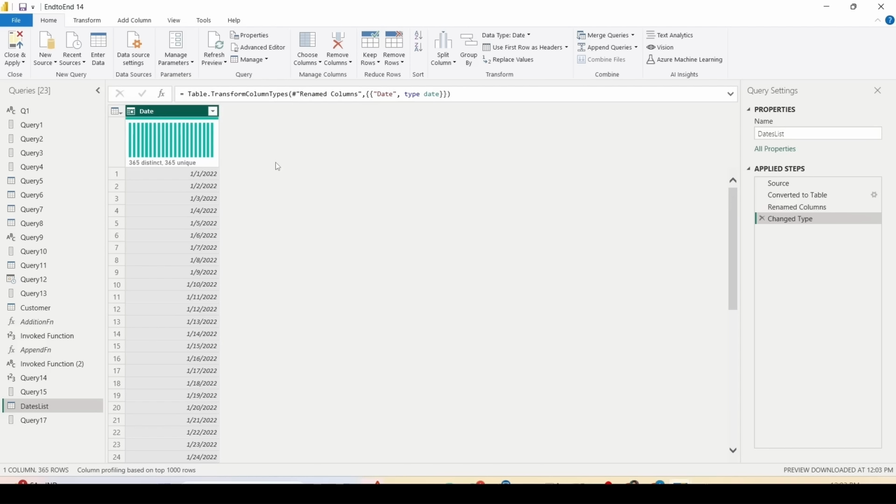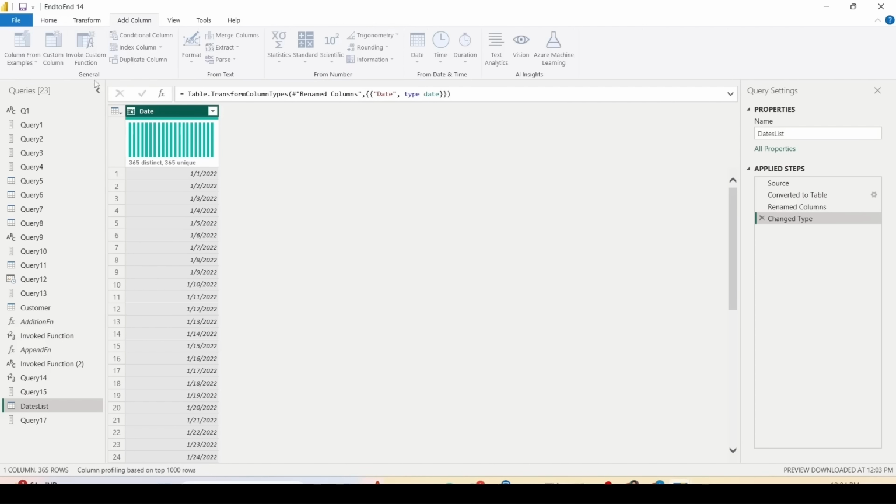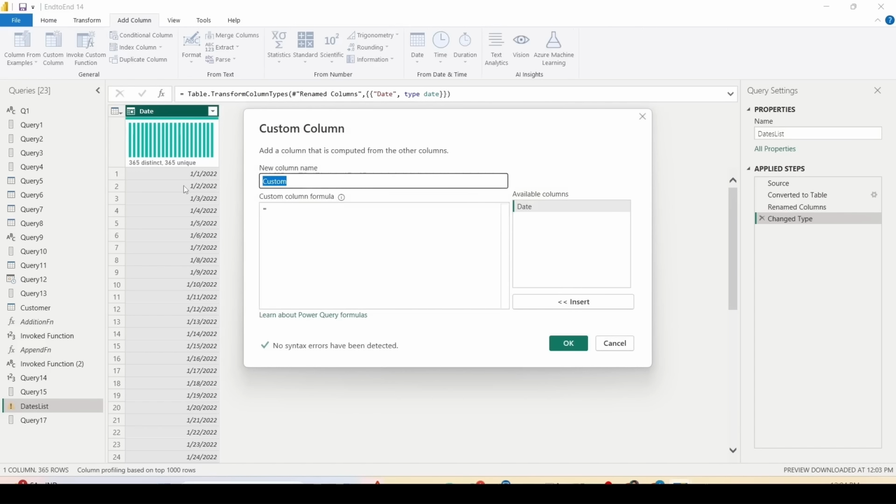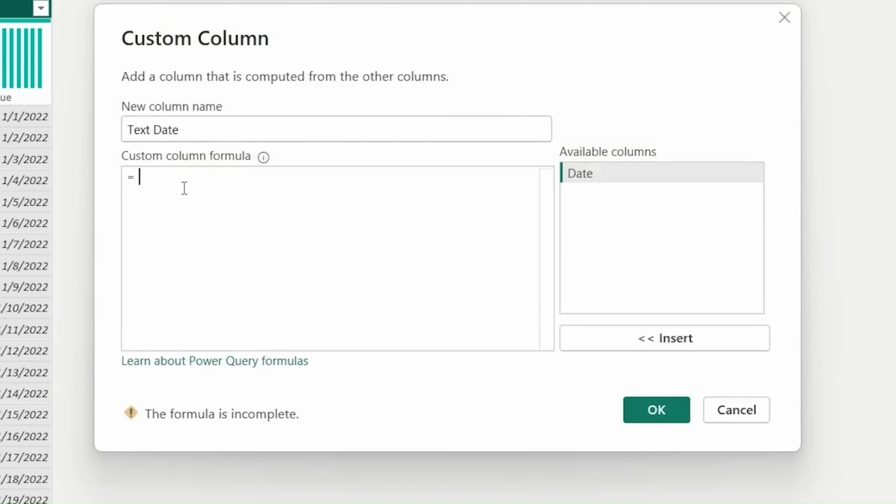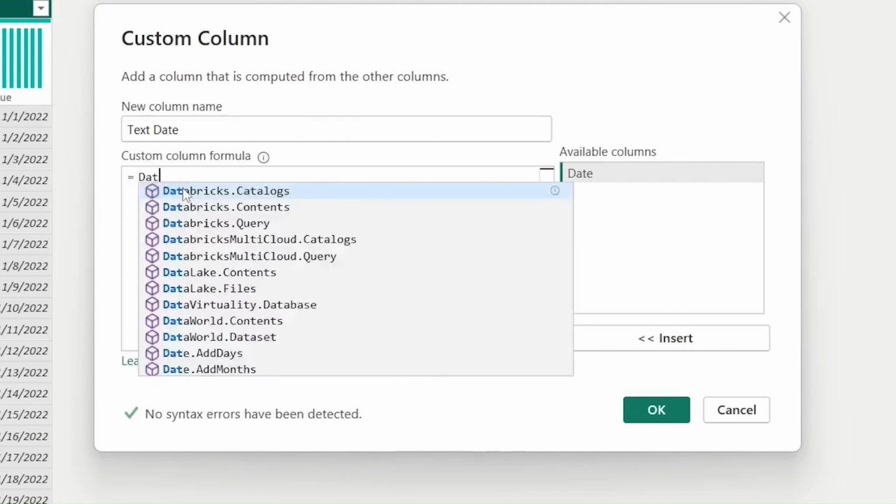We have text functions which are Text.Start, Text.Middle and Text.End to take out different parts from a text. So let's start this journey by creating a new column using the custom column. So add column, new custom column, and let's create a text date column. To achieve this, we are going to use the function